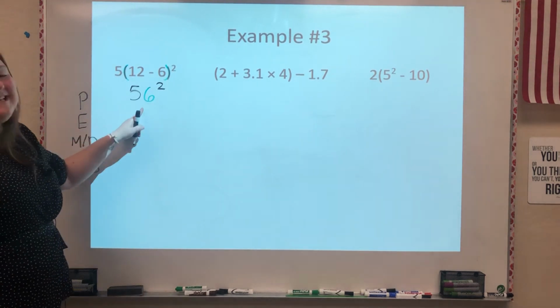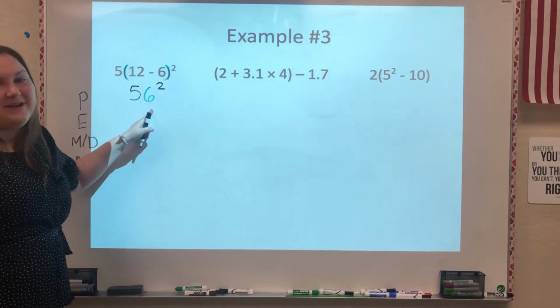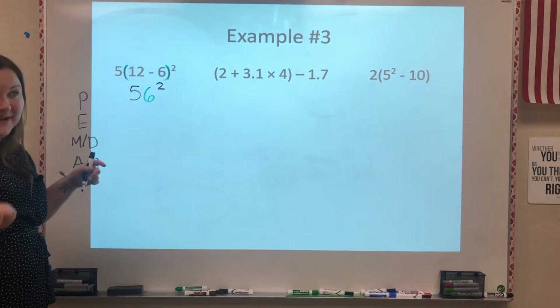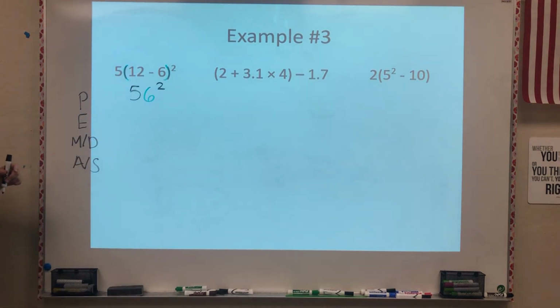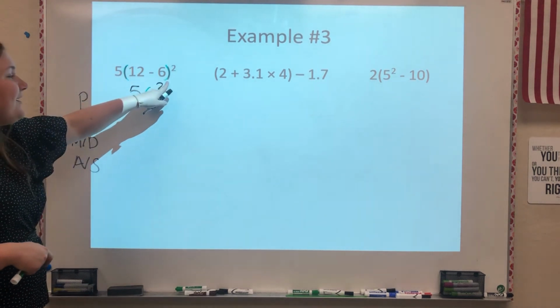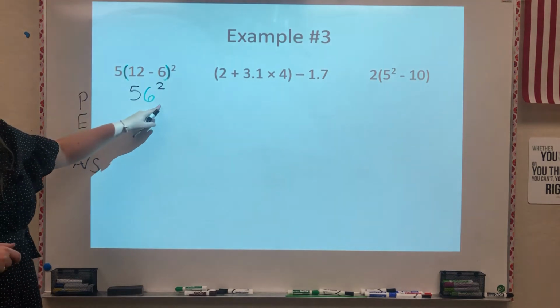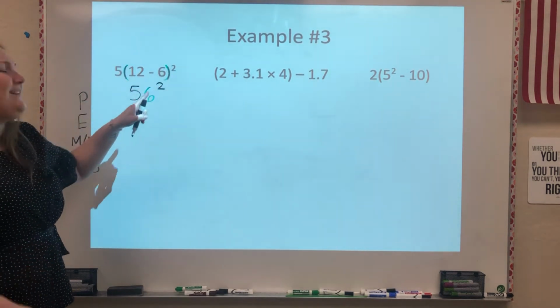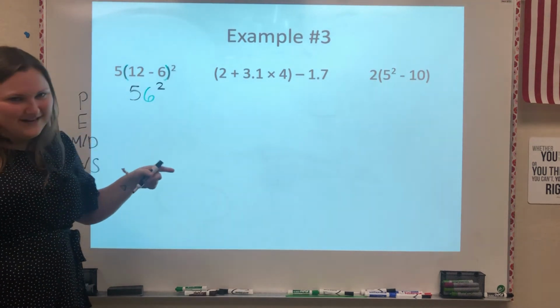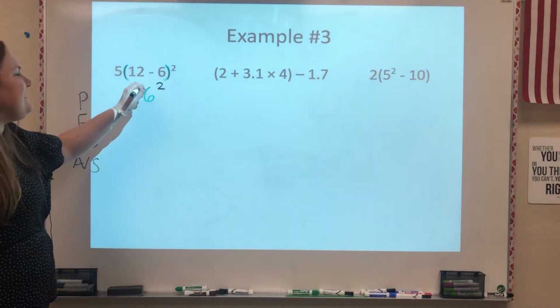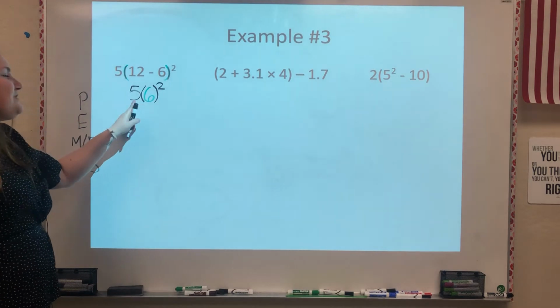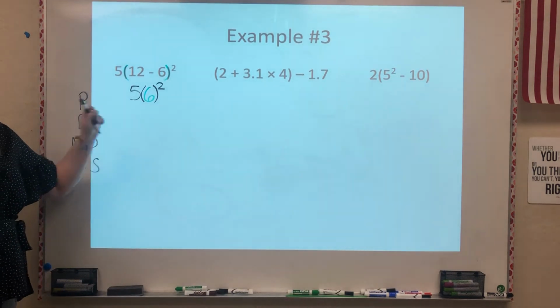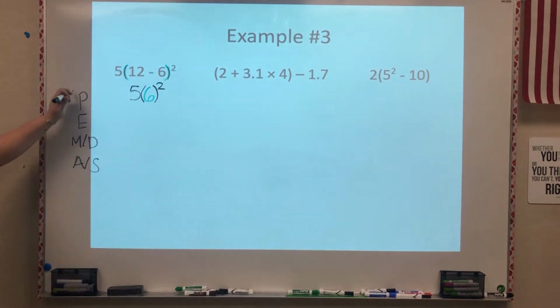Well, notice here I did not copy down those parentheses. Now, sometimes you don't need the parentheses, but here they're really important. Here those parentheses are important because if I don't have parentheses there, it doesn't say 5 times 6 squared. It says 56 squared. That's not what we're trying to say. I need those parentheses there because it's showing me the multiplication, so I can't take them off yet. We've done our parentheses. Next would be